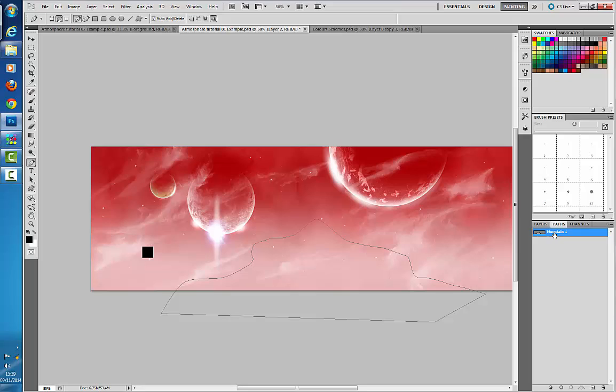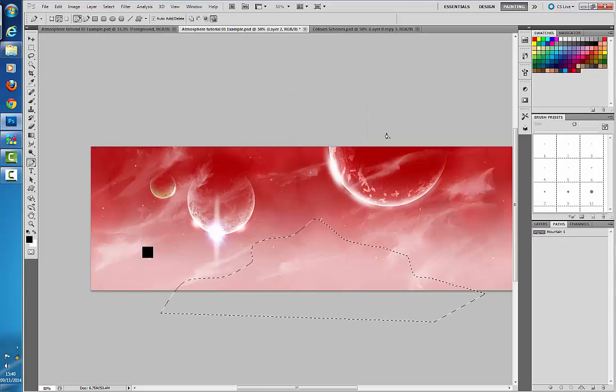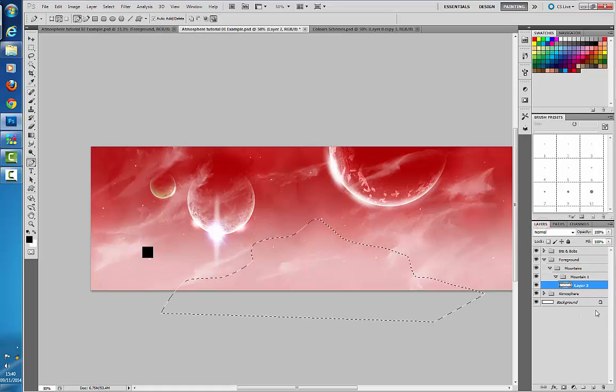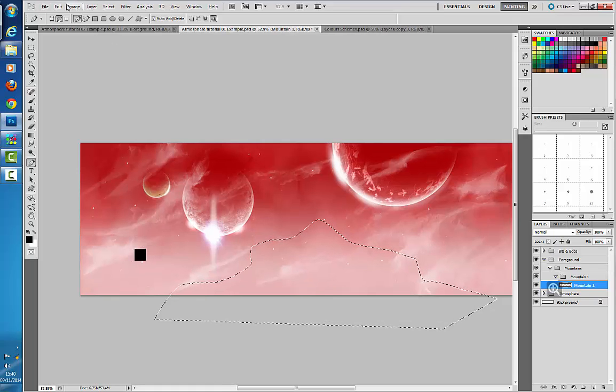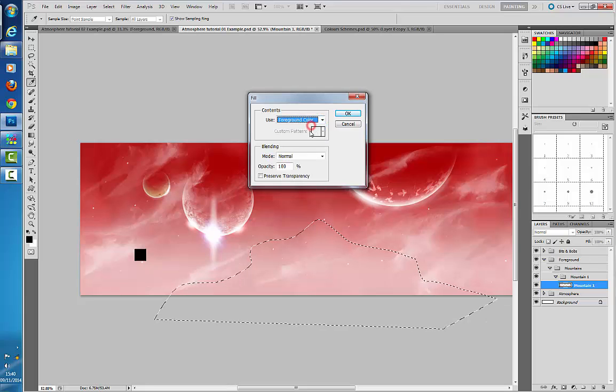So we can right click and we can go down to make selection. This turns our path that we've made into a selection that we can actually add colours and things to. So we want 0 pixels, we don't want it to be feathered, and we want it to be anti-aliased, and we can click OK. So at this stage we can go back to our layers. We've got layer 2, we'll rename this mountain 1, and we'll go to edit, and we'll go to fill, and we are going to go for